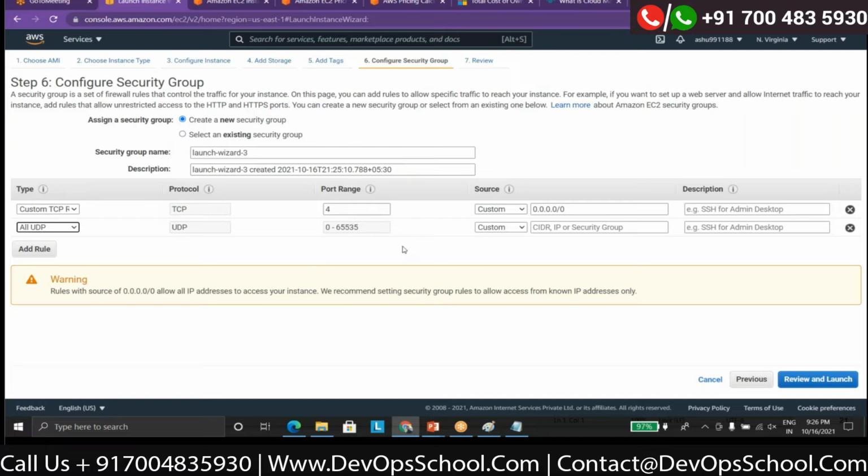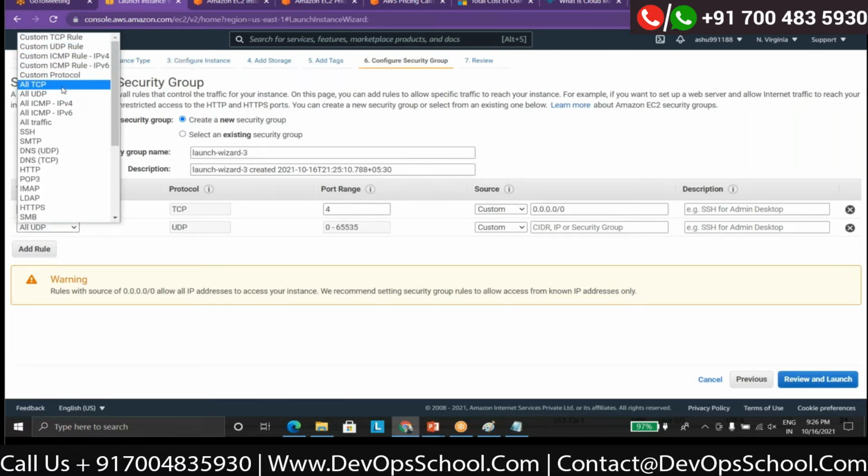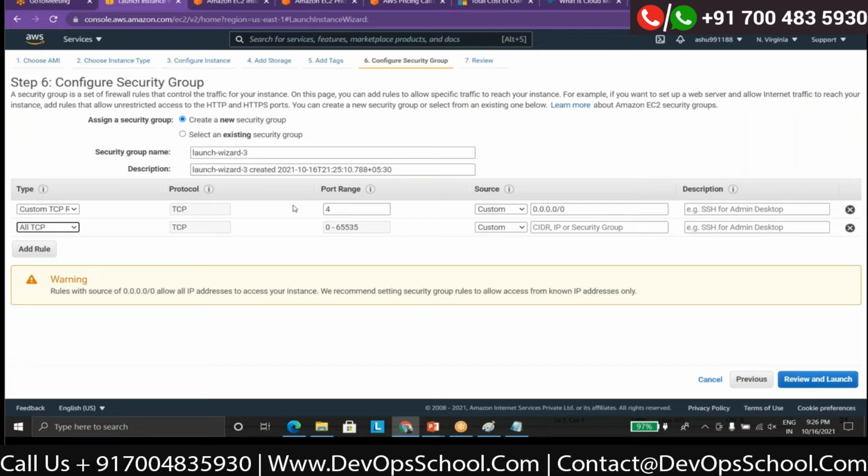Currently, I'll be deploying a web application on top of this, the httpd Apache server I'm going to install, and I'll be creating an index.html page, which I pasted into the configure instance part. I put a script there. So let me enable all TCP, but in production you should be specific about what ports should be open.